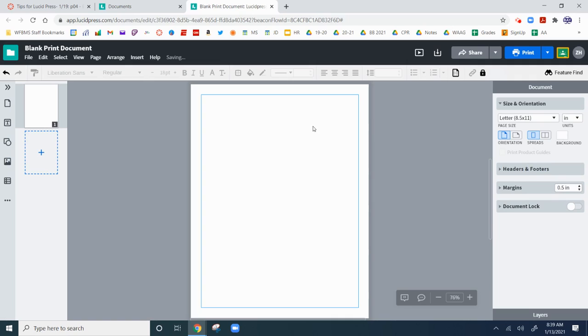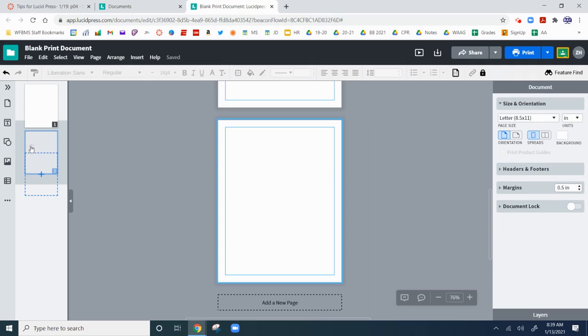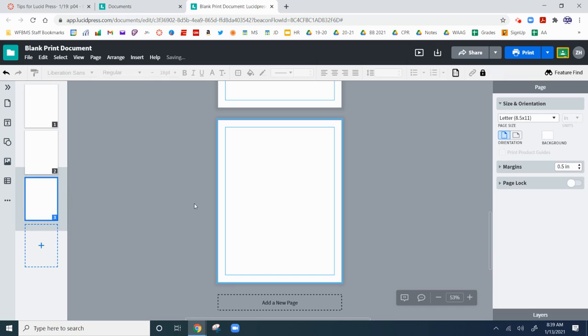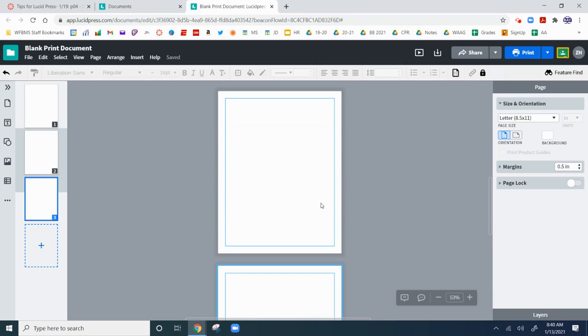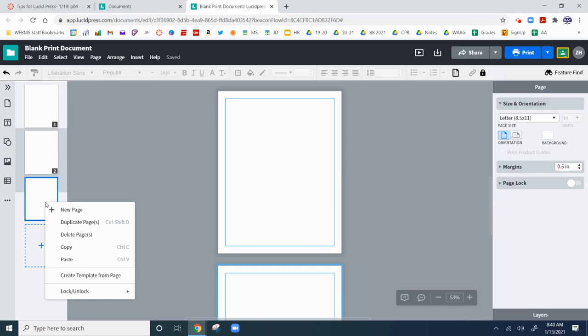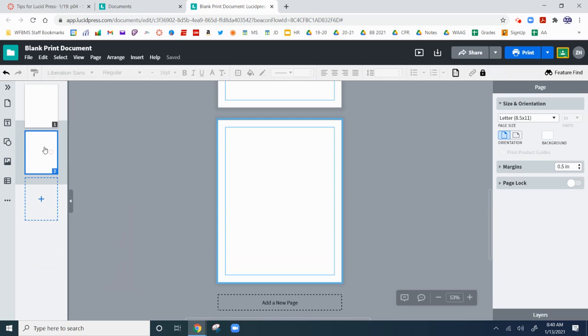Now, if you'd like to, you can simply click plus a couple of times and design it this way. The reason I did 3 is because the first page is going to be your works cited, and then 2 and 3 are going to be your two-page spread. You're going to put them next to each other, so it's left, right. What I would recommend, though, I'm just going to go ahead and delete these,